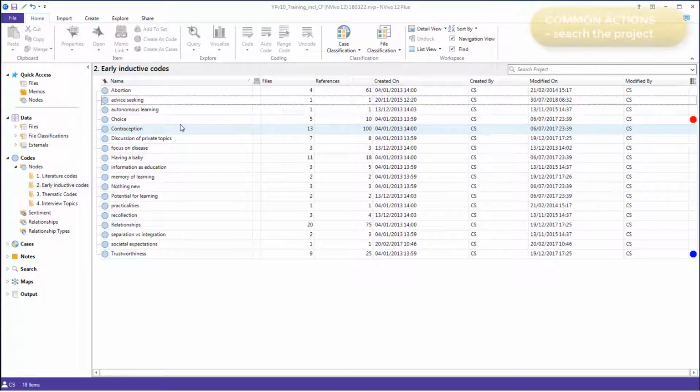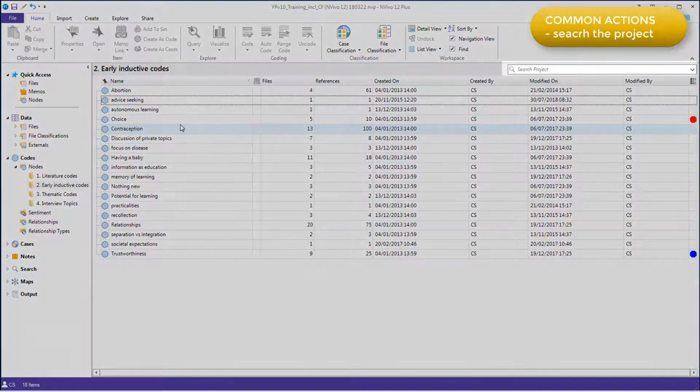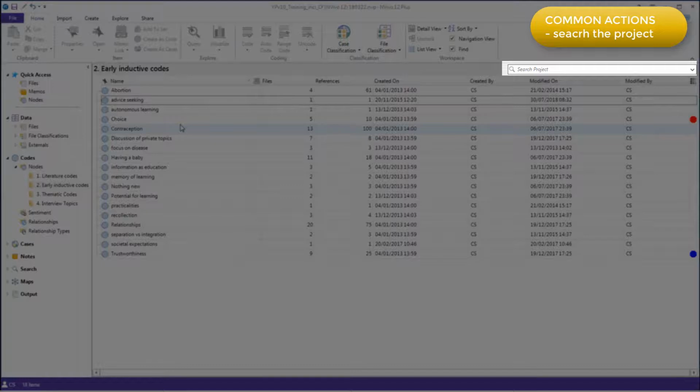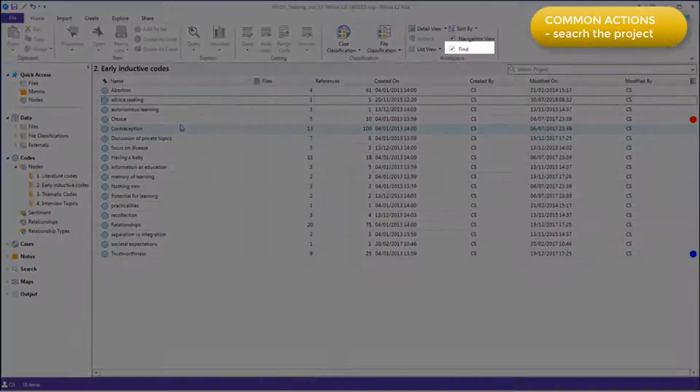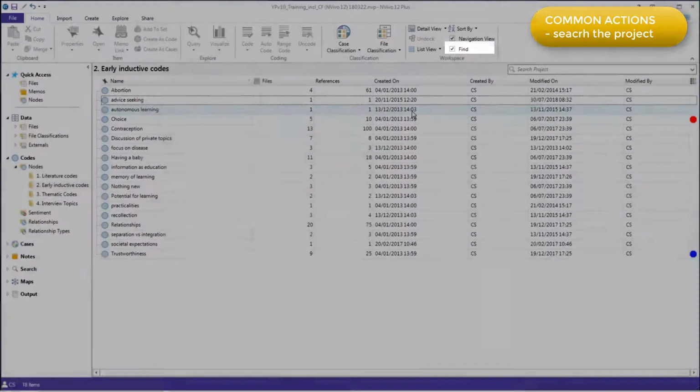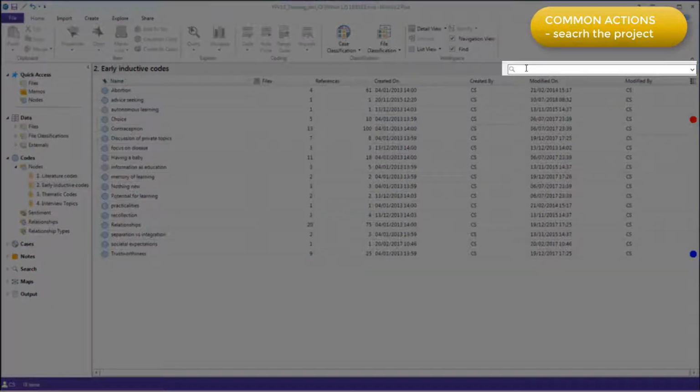The next common action is to search the whole project for a word, or more technically speaking, a particular string of characters, which could be part of a word. You do this using the Find option, which is located above the list view. If it's not there, then you can open it by checking the Find checkbox in the Home menu. If I put my cursor in here and start typing a word,